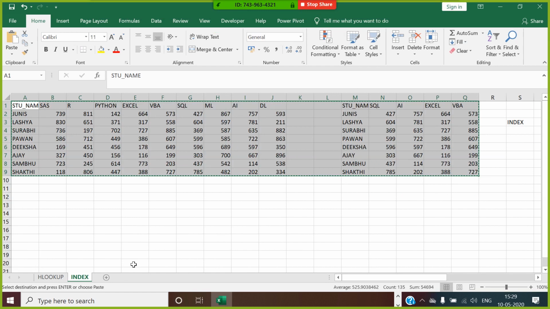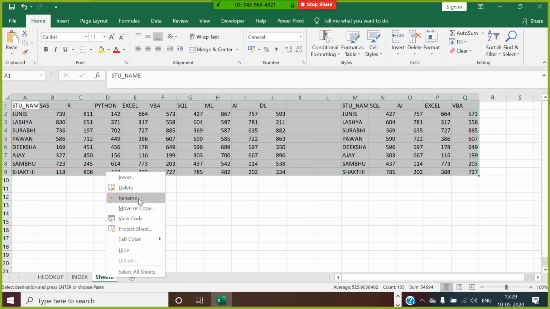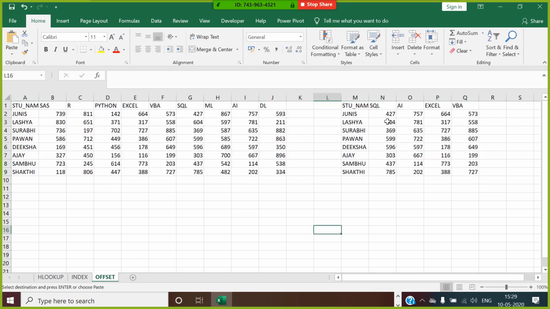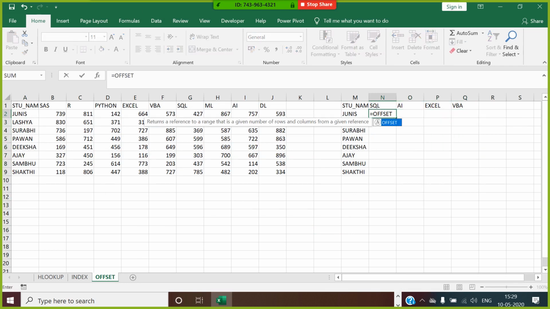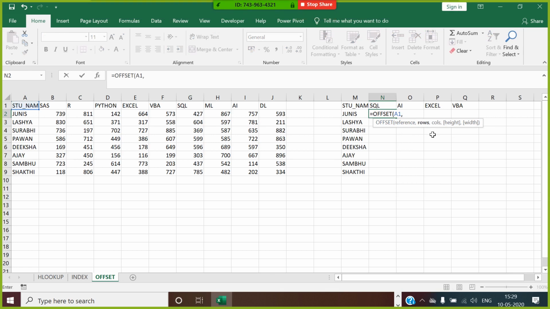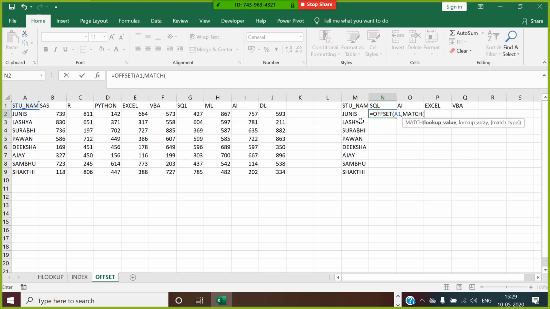Now let's copy this and do the same thing using your offset function. So how will you do that using the offset function? You write offset. What's the reference? Always the reference starts from here. What is the row index? Row you will go for using match.